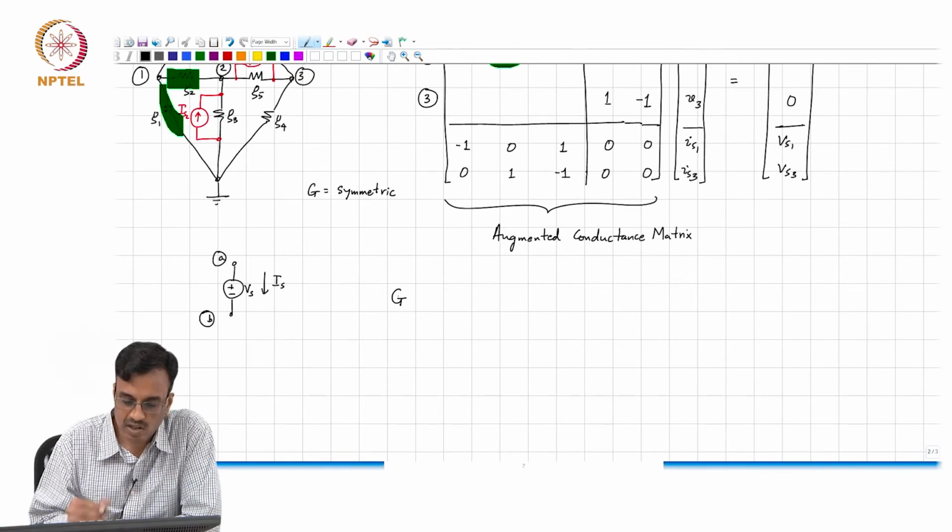You had the original G matrix, correct, and then what do you do? You augment it with